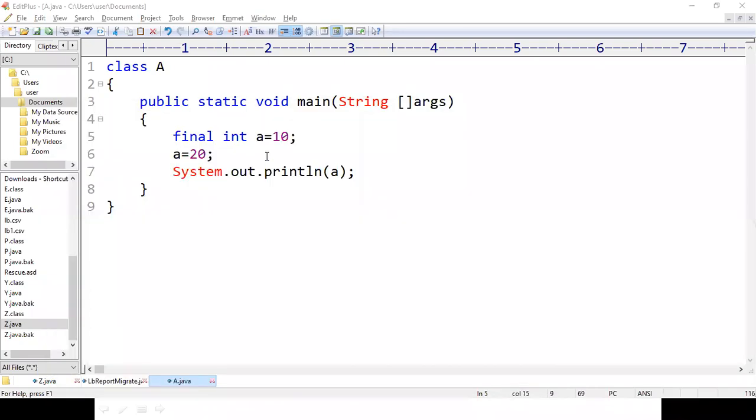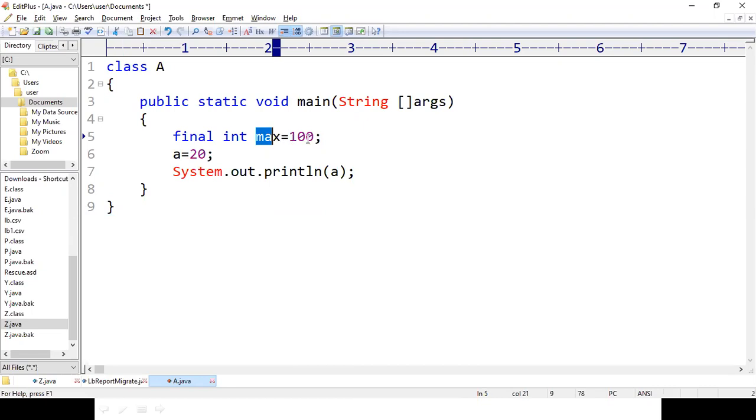For example, I'm conducting an exam where the maximum marks of that exam is 100. If anybody wants to calculate the percentage, they have to write P equal to the marks they have got divided by the maximum.